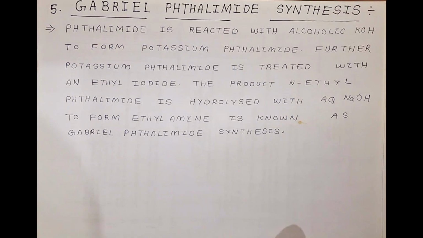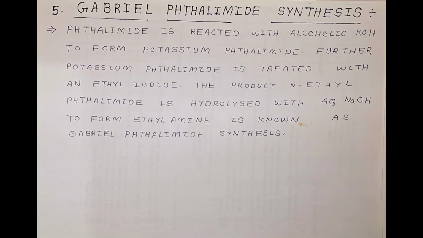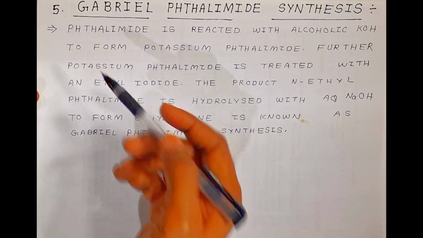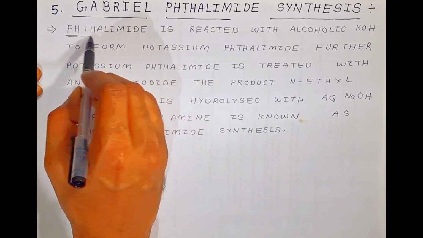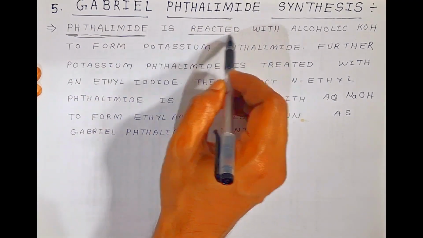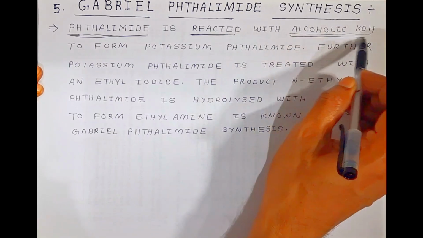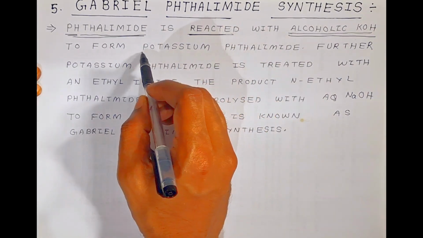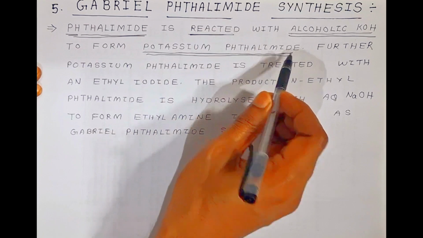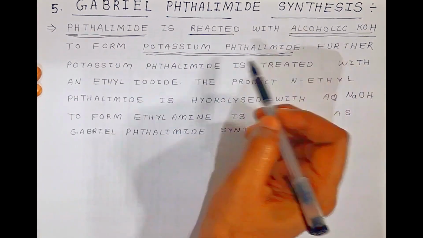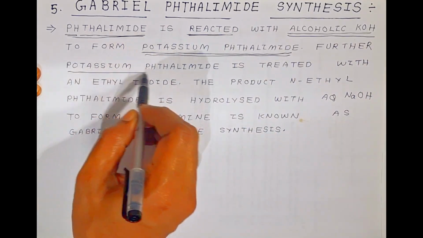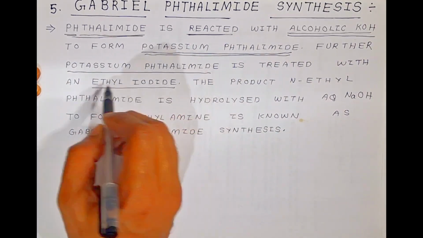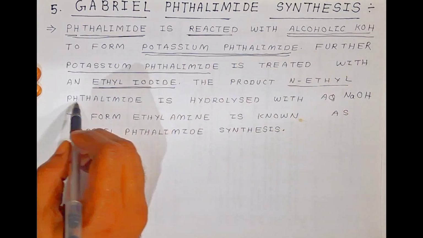Now we are going to see the 5th preparation of primary amines, from the Gabriel phthalimide synthesis. In board examinations they may sometimes ask what the Gabriel phthalimide synthesis is, so this is the way you have to write the answer. Phthalimide is reacted with alcoholic KOH to form potassium phthalimide, a salt. This potassium phthalimide is then treated with ethyl iodide. The product will be N-ethyl phthalimide,